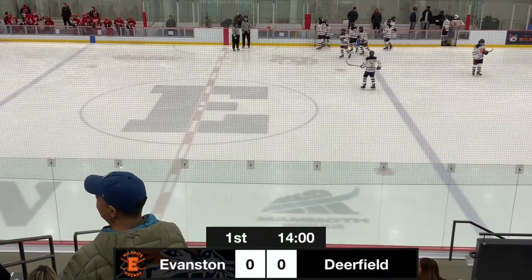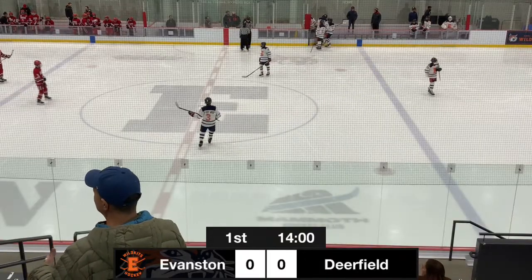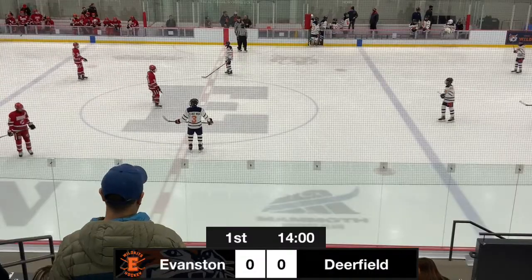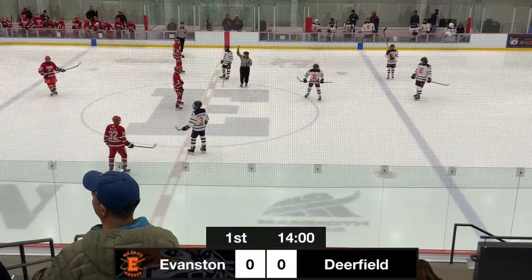Getting ready for the face-off. Deerfield in red will be moving left to right. Evanston in their home whites. Emmett McBride in goal. Looks like the starting lineup. We're going to have